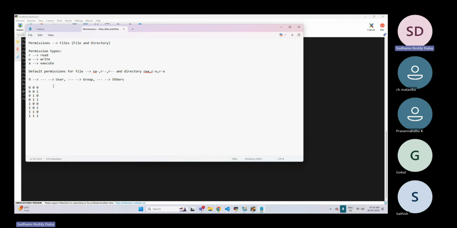If you see, this is represented as 0. This is represented as 1. I'll tell you how it is. This is 2. This is 3. This is 4. And this is 5. And this is 6. And this is finally 7. How is this represented? There is an index position.